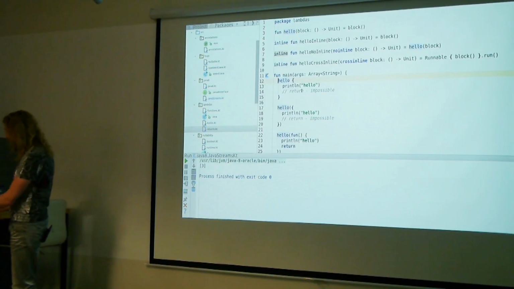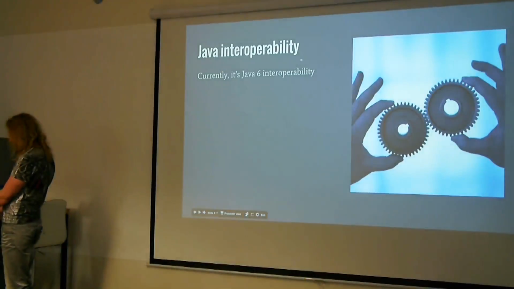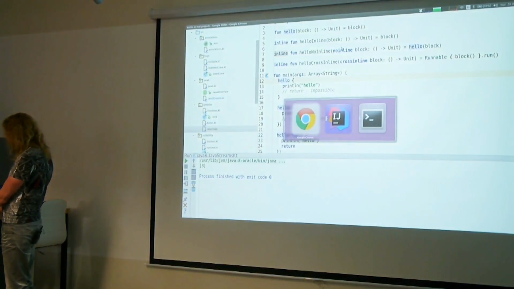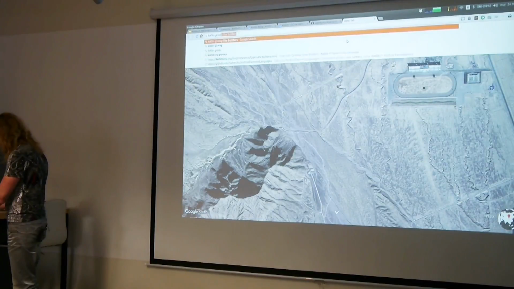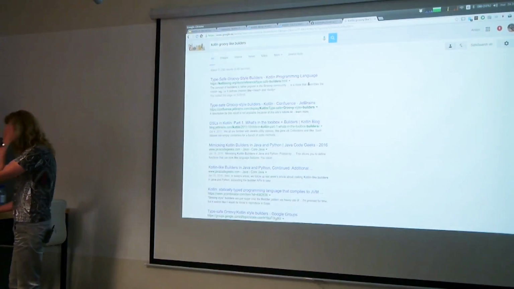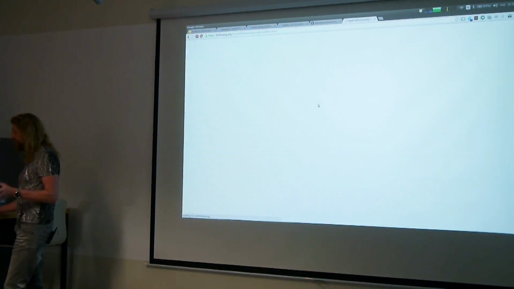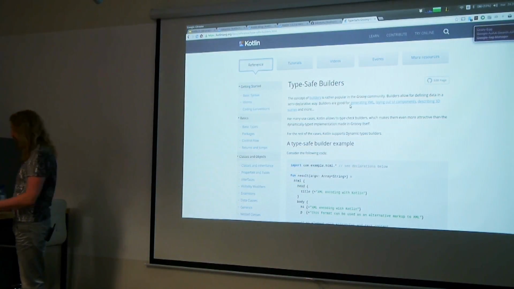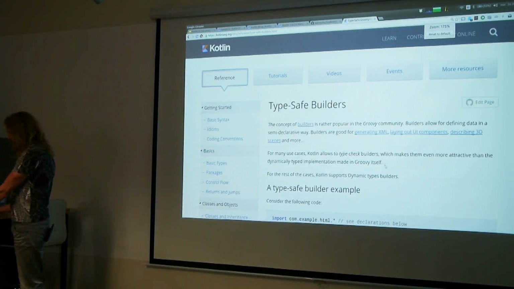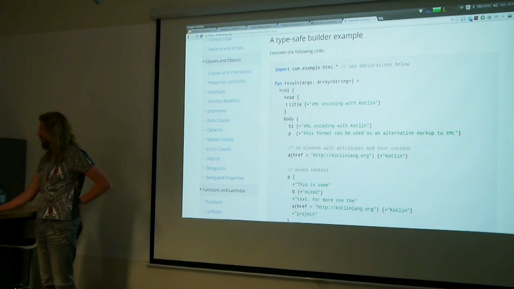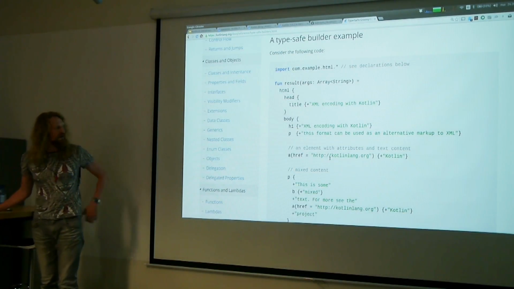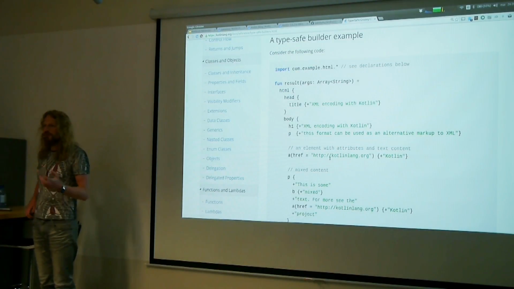I'll show you in a moment. Where is my Kotlin Groovy-like builders? That's what actually enables Gradle using Kotlin. So you can have these kinds of functions. You can build a DSL like you would do in Groovy, but with the exception that it will be completely type safe.